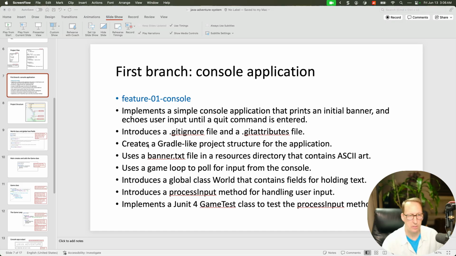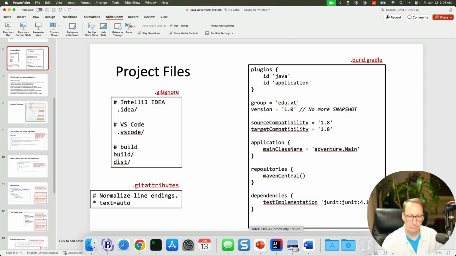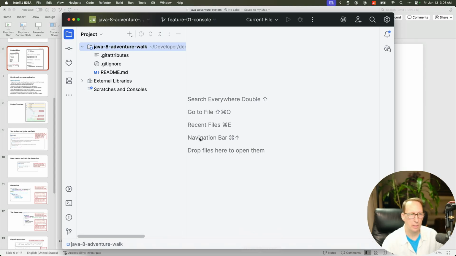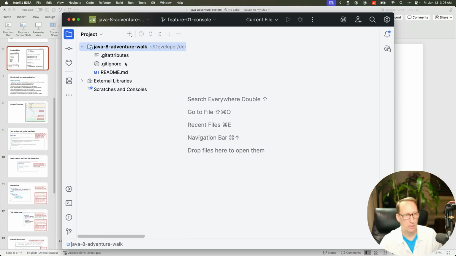The first thing I'm going to do is create a Gradle-like project structure for the application. Okay, and to do that, I need to go back to this slide because this has the Gradle file in it. So I'm going to get in the application here, and the build.gradle file. Okay, this file here, the build.gradle will go right under, just like the getAttributes and the getIgnore. That'll go right under our